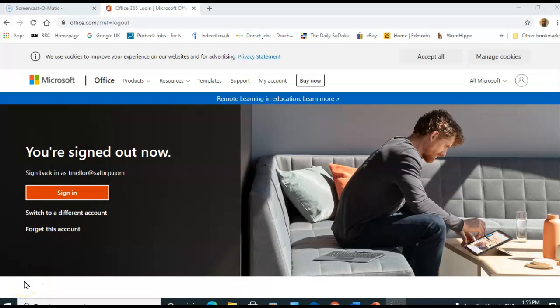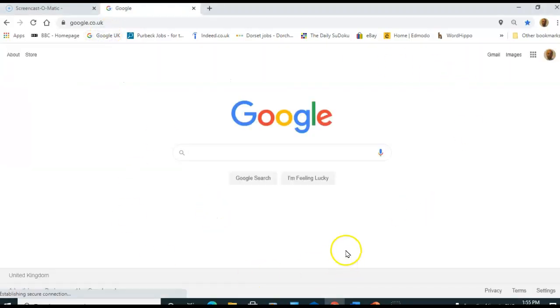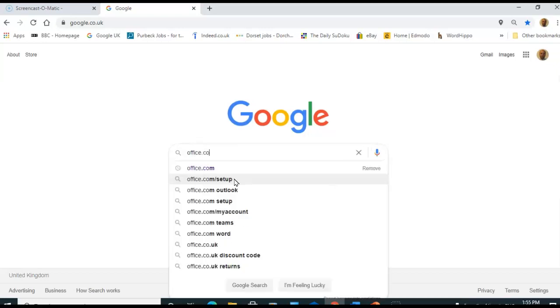Okay, we're going to start this section on Microsoft Office by first of all logging into your Office account. Now there are two ways you can do that. If I start this page from Google, this is how you might start at home, and the two different ways are first of all to search on Google for office.com. So let's try that. If I just type into Google office.com and press enter,